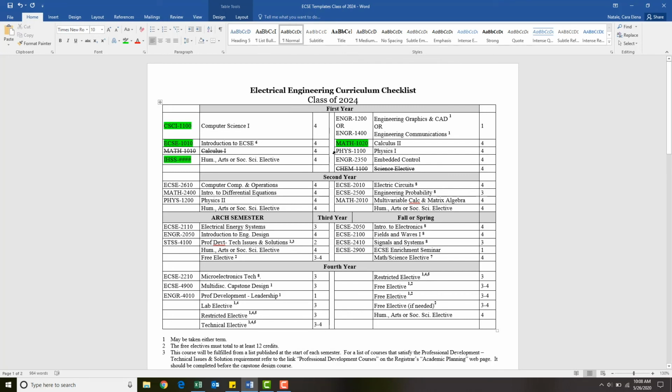However, again, there are these backup options. As I mentioned, we definitely could consider Physics 1. And then, I don't have CS1 credit yet, so we're going to ignore embedded control. We're going to ignore computer components. We're going to ignore differential equations, physics. Then we've already accounted for a Haas in our schedule, so I'm going to skim past that. So then we always could consider a free elective, and my math or science elective.